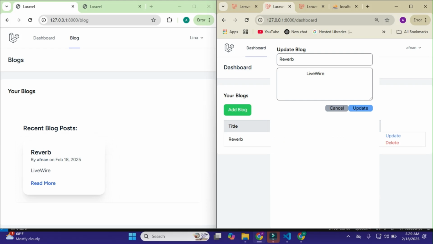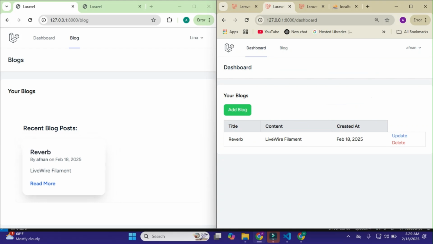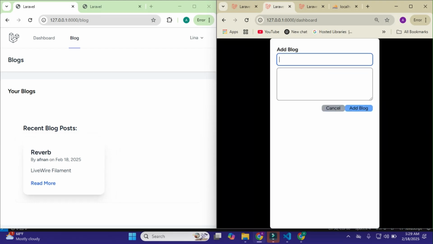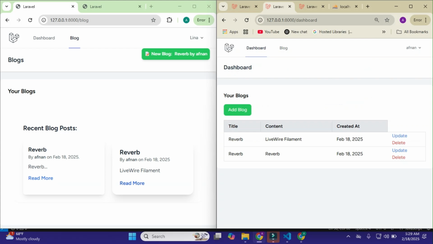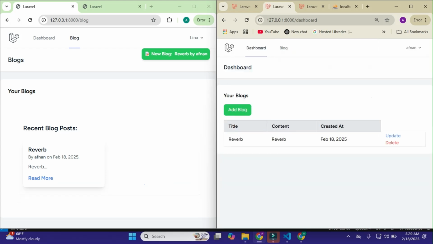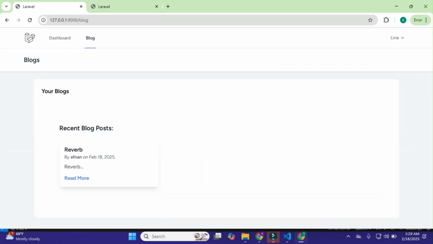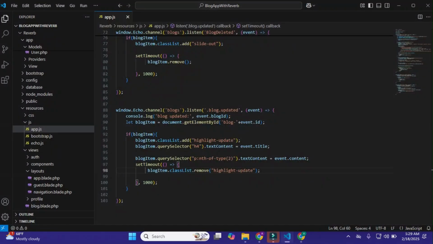Okay, so when I update it, like Livewire, Filament, and I click on update, it will update my blog. And when I add my blog, like Reverb, I copy it, paste it here, and click on add, and it will add the blog. When I delete the blog, it will delete my blog instantly in real time. So that's the thing that we saw in the demo.